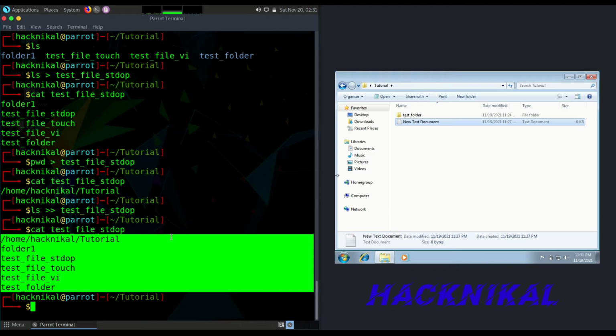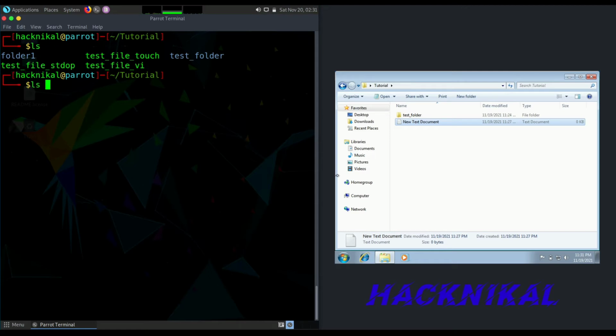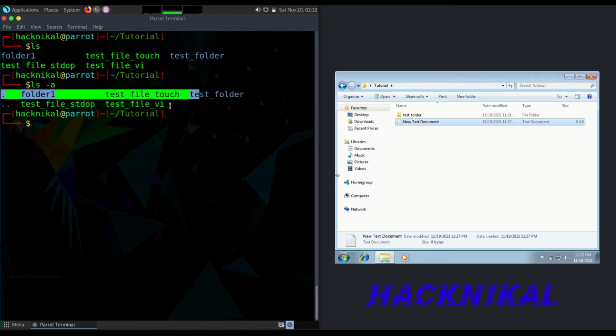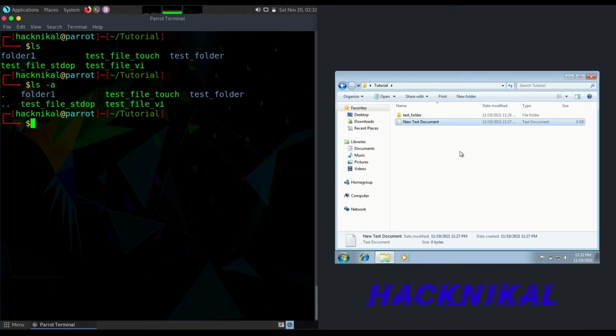So our next command is copy files. Before that, let me briefly explain hidden files in Linux. If I want to check hidden files in Linux, I will use -a, which will display the dot files, and anything which starts with a dot in Linux is considered a hidden file, like what we have in Windows.